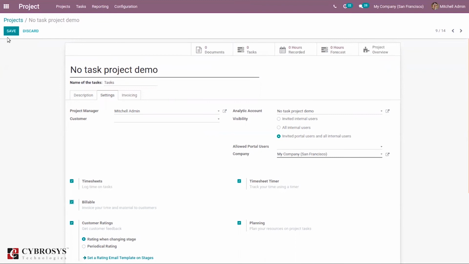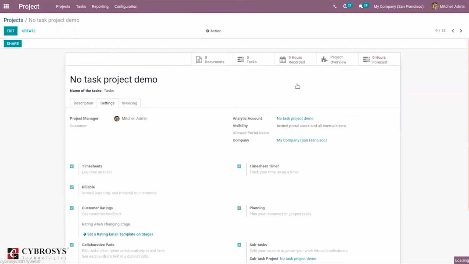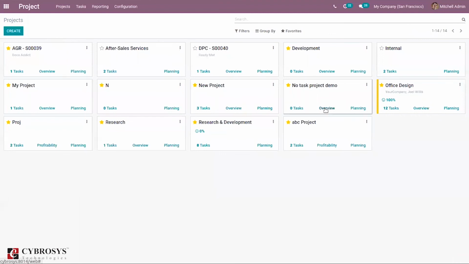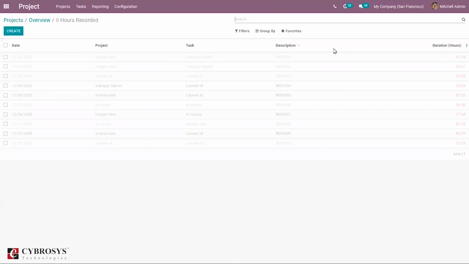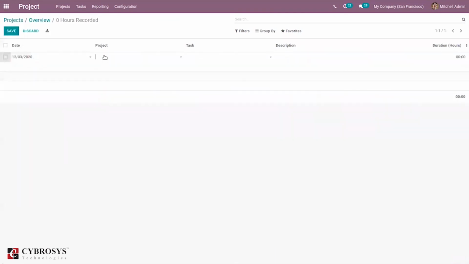Enable. Save this and let's open the overview, and here you can see the hours recorded and create some hours recorded for this project.